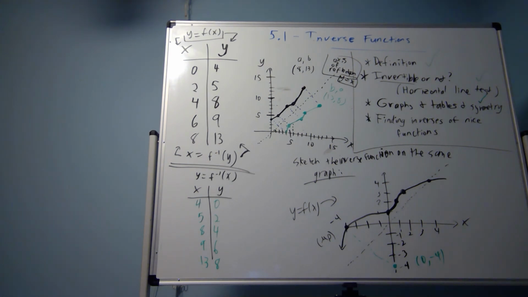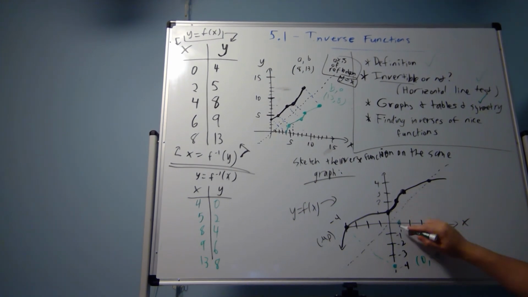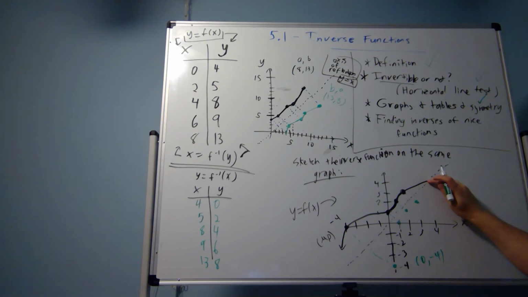So then I have 0, 1, which becomes this 1, 0. Then this 1, 2 becomes 2, 1. This 2, 3 becomes a 3, 2. And this 4, 4 becomes, well,